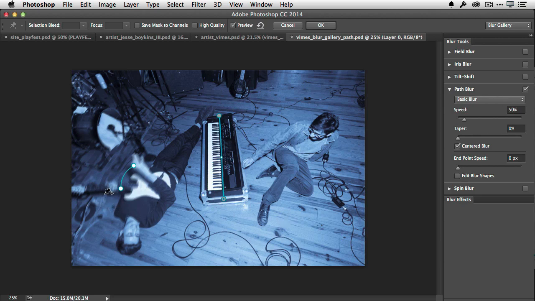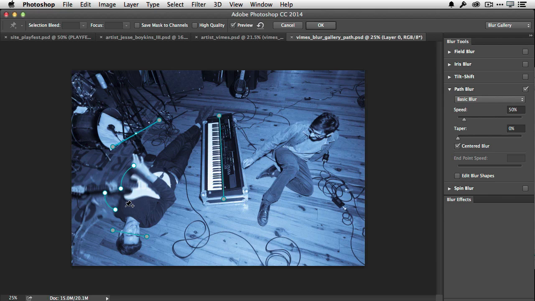Same thing here. I might want to do one so the actual arm of the guitar looks like it's going up and down. So we'll click, we'll add one there. And again, we'll spin this out a little bit. Oops. Get to that point. There we go. Spin that out a little bit. And same thing. I don't want his face to look blurred. So we'll just put one across here. And we'll hold down our command key or control key on Windows, double click to set those points back to 0. If I want to set these points over here to 0, same thing. We'll go over here and command double click,